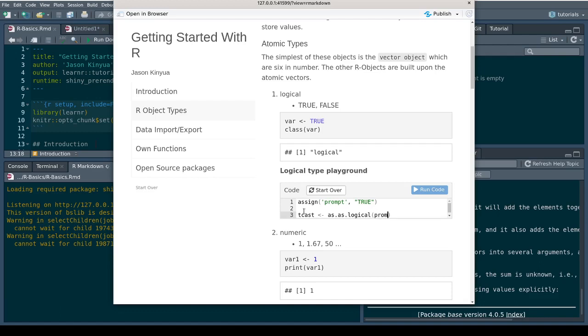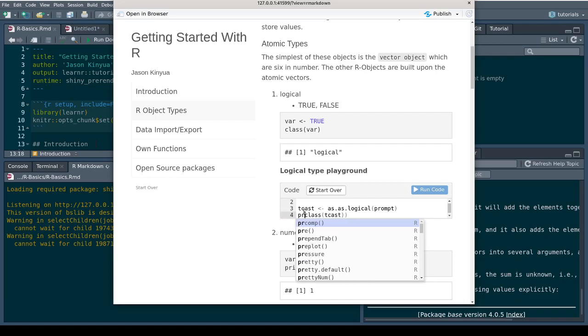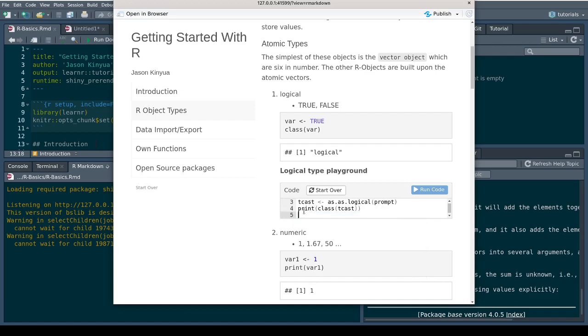So now you can print the class of tcast. Let us enclose it in a print function, and also print the class of our other object.